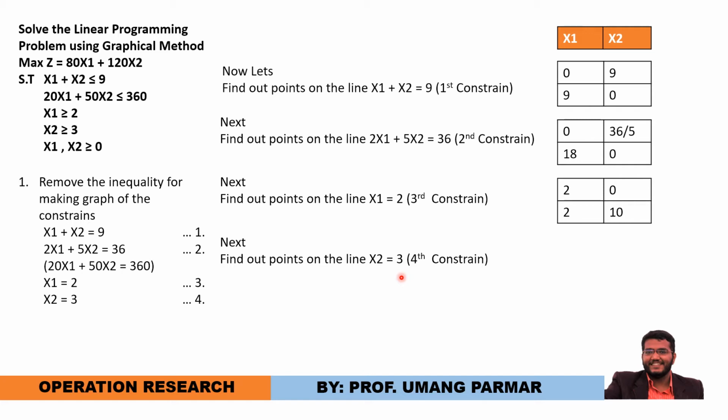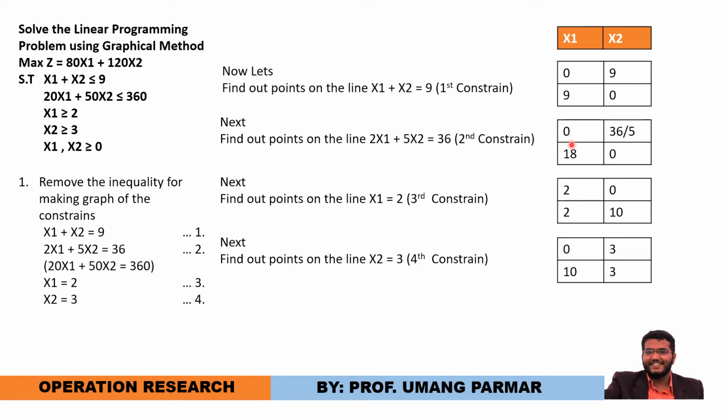If I am putting the y-axis as a constant, so x2, the value is 3 as a constant, I will have the horizontal line. So I am just taking the two random points, that is 0, 3 and 10, 3. So here the x2 is constant, here x1 is constant, here we are having the constraint that is first and second. So these are the 8 points, and between the first and second point we will have the first line.